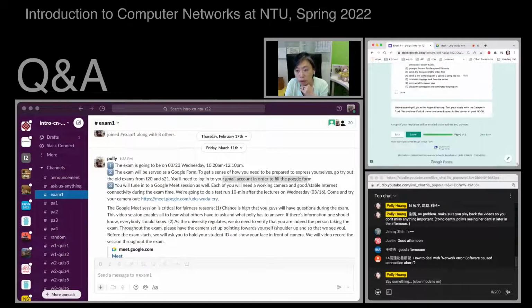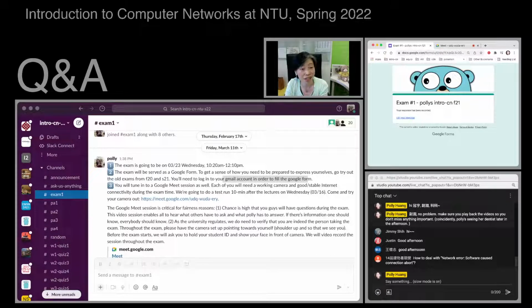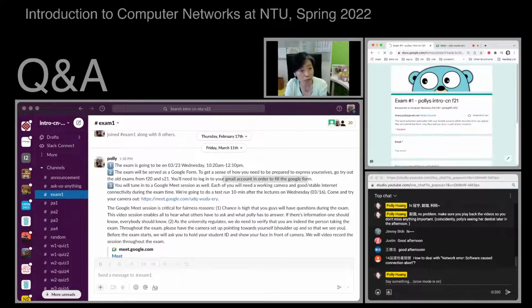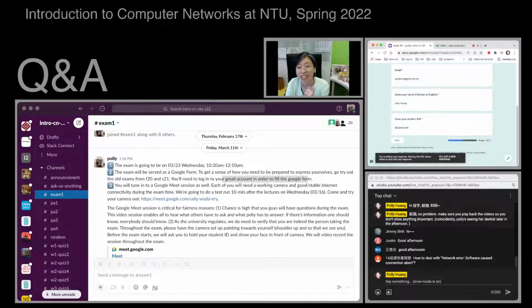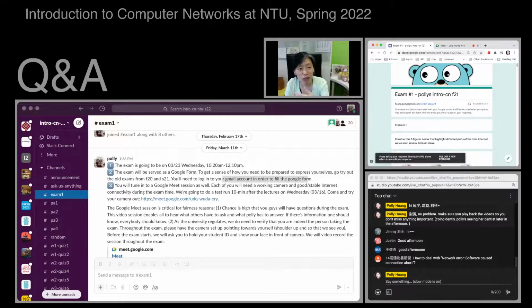Once you submit, let me see how it looks. It will be like this. You can click back in to edit your response. Most of the time it's like this. If you click back and your browser is not showing edit your response, then make sure you go to your email reader and find the link provided in the email generated from Google Form.